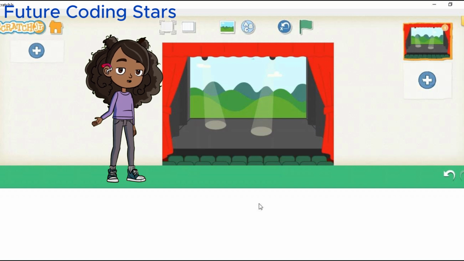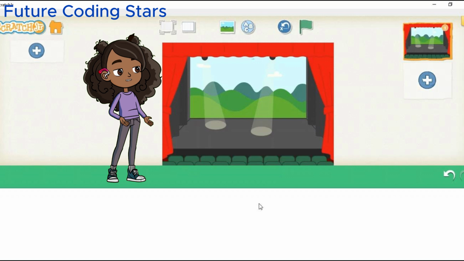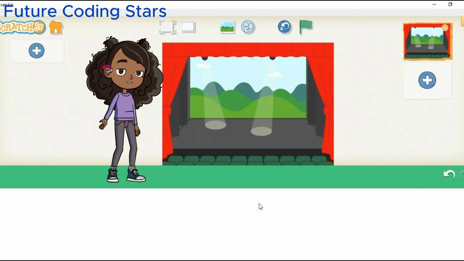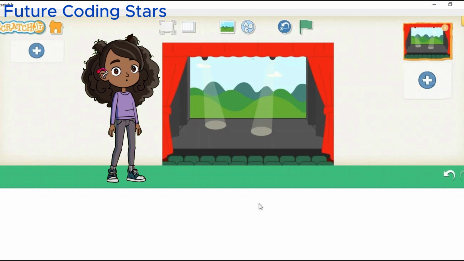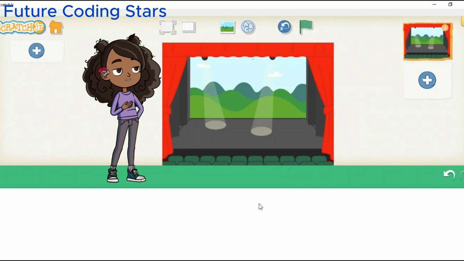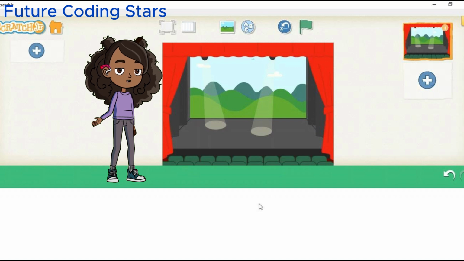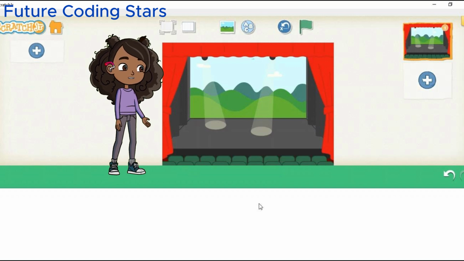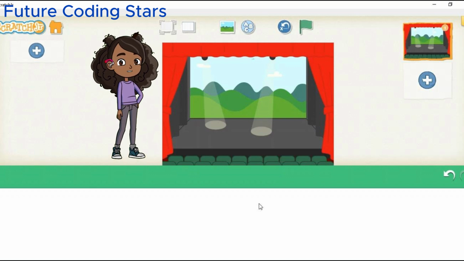Today, we're unlocking the power of conditional logic, a fancy way of making your characters react to different events. Ready to make your project smarter and more fun? Let's dive in! Let's create an awesome dance-off scene with two fun characters showing off their coolest moves. By using message blocks and creative motion sequences, you'll unlock the magic of if this happens, then do that. When one dancer finishes their routine, they'll trigger the next character to jump into action, building a fun, synchronized dance